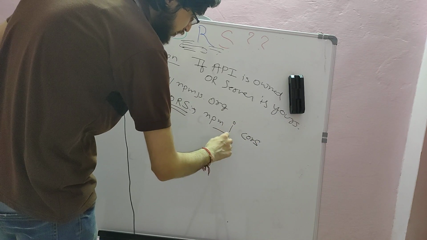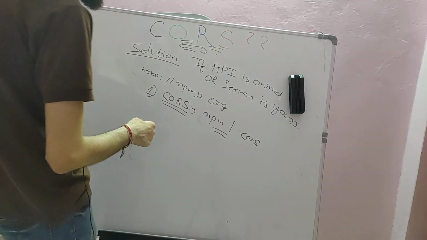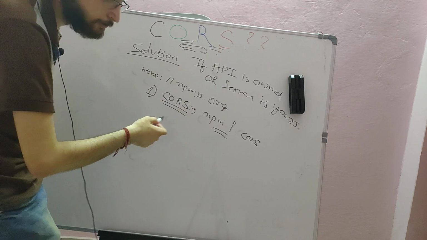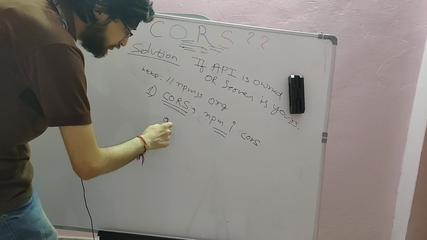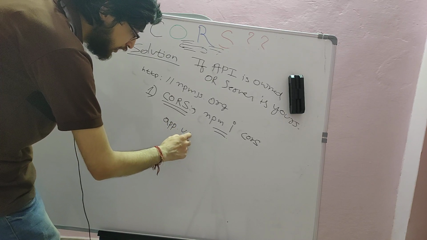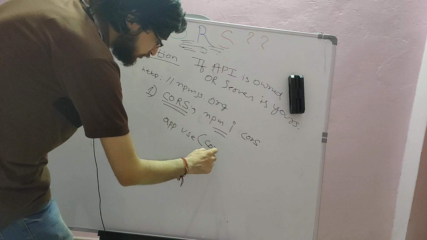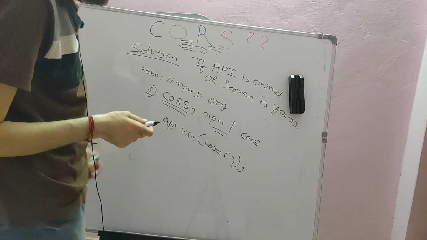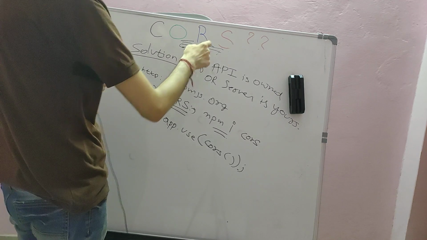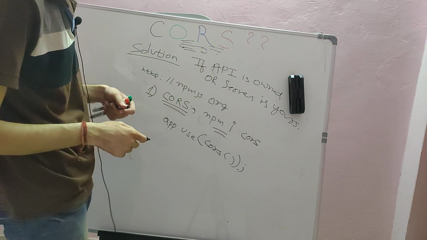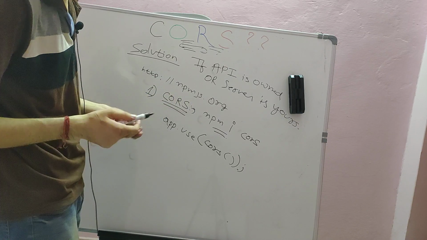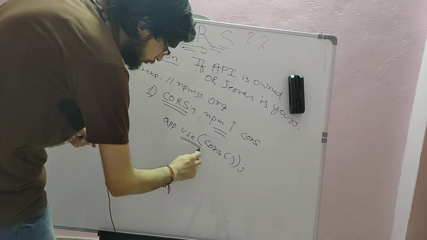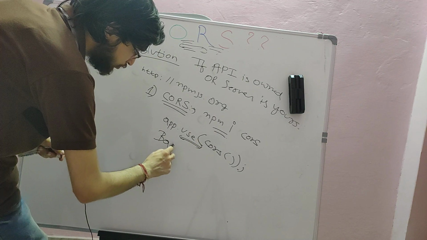Just execute this command on the command prompt, and then you can simply use it inside your Express application by having the middleware. You can just use app.use, and then call this function, which is cors. That's it. This will solve the error inside Node.js applications if you want to download an image which is not hosted on your web server. In this case, you need to configure this line on your backend server code.